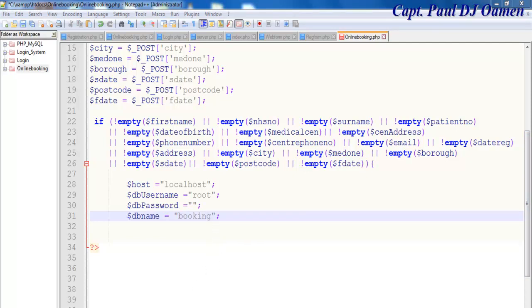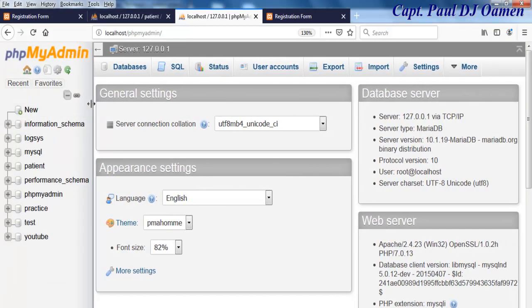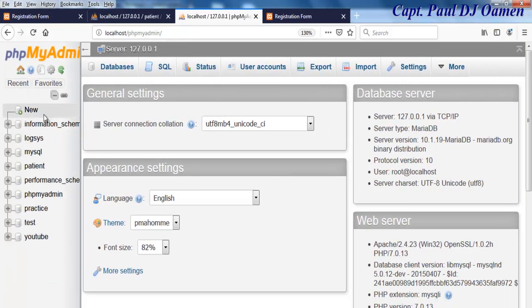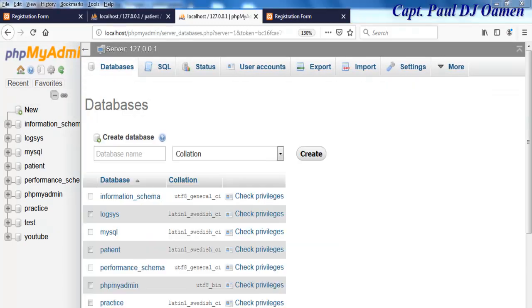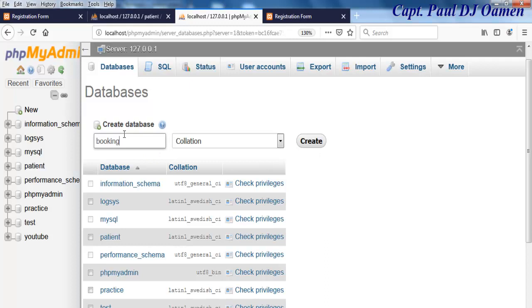So let's come to my phpMyAdmin here. I'm going to create the database called booking. So let's click on new, this very one here. Click on new. Right, so let's create our database. So that will be called booking. Now that booking is created as the name of the database, click on create. There,